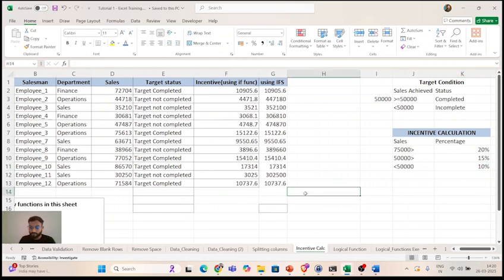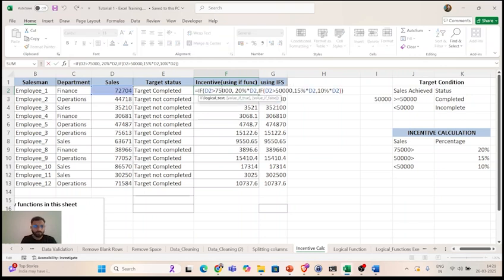Why? The first if will compare the sale value with these values. The second if will compare the percentage. Okay, I'll tell you with an example. See the formula right here. Let me double click on the formula, you will get the highlights. If the sales amount, that is G2, is greater than 75,000. Here I am not giving any cell referencing, I am manually typing the values. You can also use cell referencing here as we did previously.